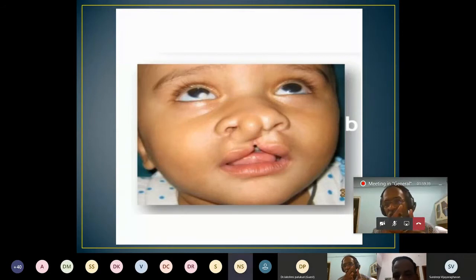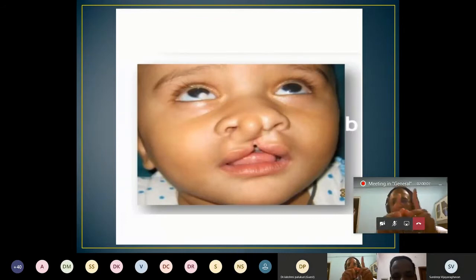From the upper part, you put in a triangle from the upper part of the skin. For the lower side, you put the triangle on the lower part of the skin. This particular paper is there in the Indian Journal of Plastic Surgery. The authors are Dr. Nitin Mokal, Dr. Bharti Khandekar, and I think one more person. So, midline cleft repair by Dr. Bharti Khandekar and Nitin Mokal et al.